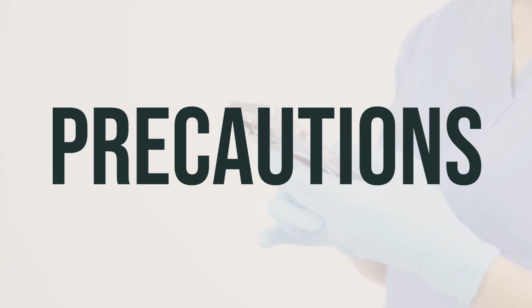Before taking Curae 1.5 mg tablet contraceptives, it's important to let your doctor or pharmacist know if you are allergic to it, other progestins, or if you have any other allergies. This medication may contain inactive ingredients that can cause allergic reactions, so it's important to discuss this with your pharmacist. It's also important to discuss your medical history with your doctor or pharmacist before using this medication, especially if you